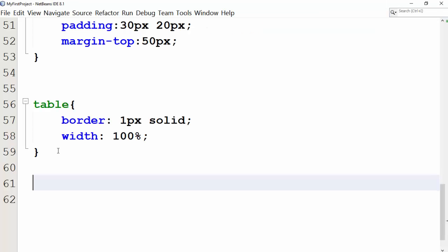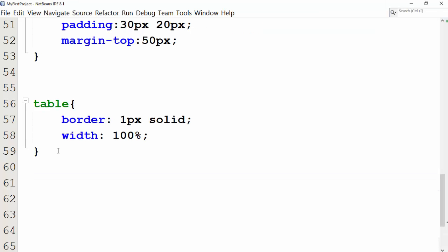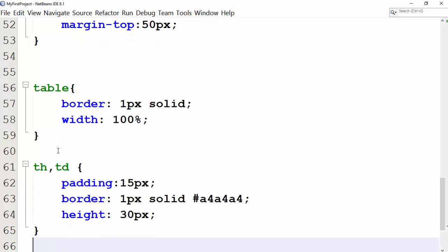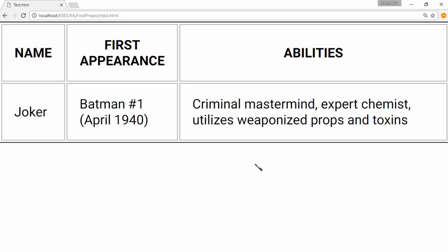We can style it even better. Let us style individual cells. To do so, we will style the td and th elements. We have defined padding, border, and height for table cells. You would note that table cells have their own border and the table has its own border. This has happened because we have defined a border for both these elements. You would see that every cell's content is separated by 2 borders. Merging these borders would make it look better.